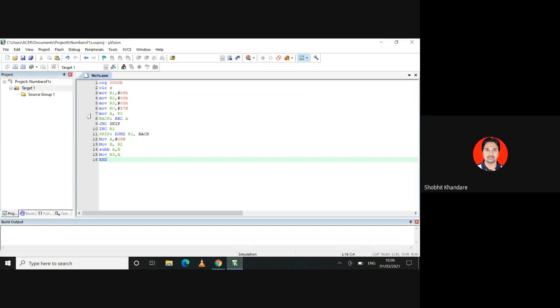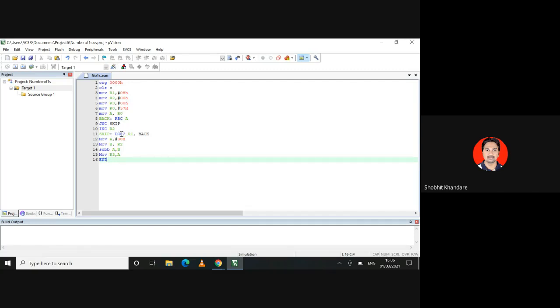Once the file is saved, you can see the changes. Blue colors are all instructions. Back and skip are not instructions, they are labels, so they are not in blue. RRC is an instruction, so it is blue.